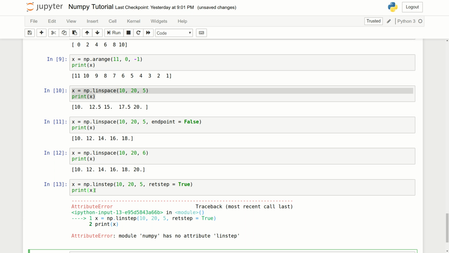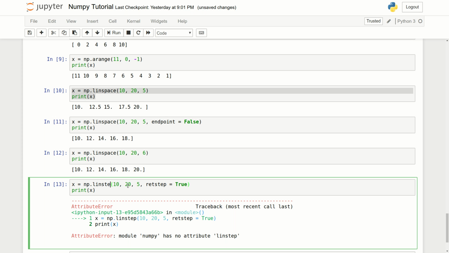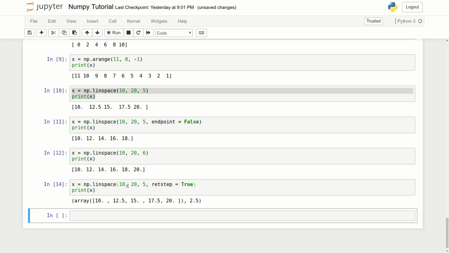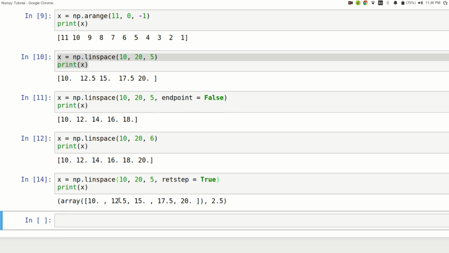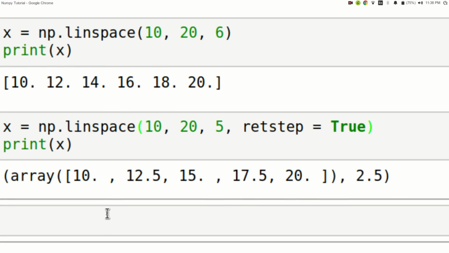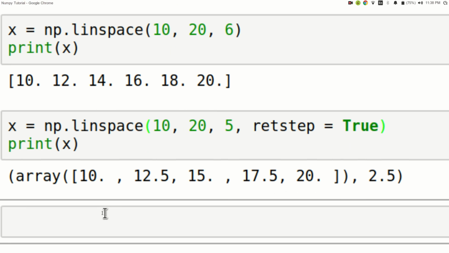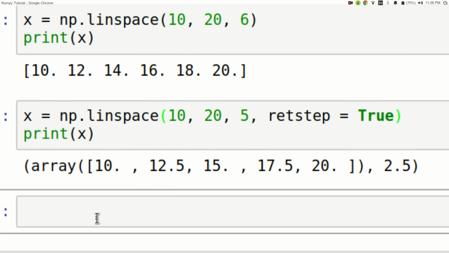Sorry for that, it was linspace. I know things happen, but now, as you can see,